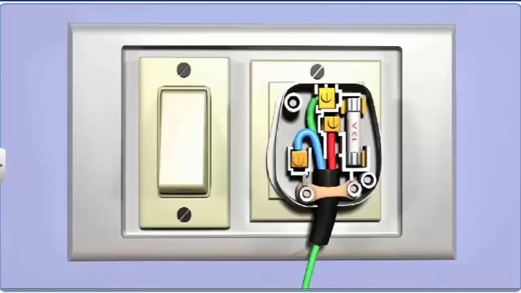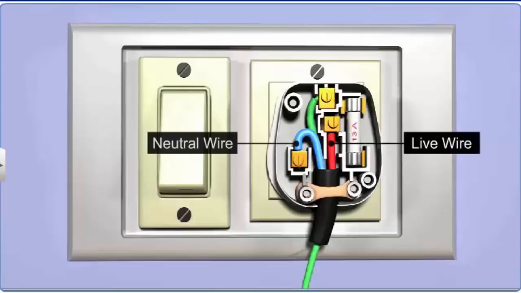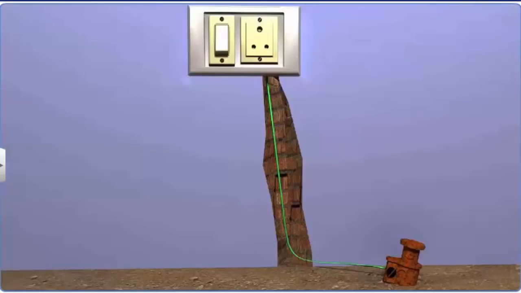In any household electric circuit, in the mains supply, we see 3 wires, namely live, neutral, and earth. Live and neutral wires carry the electric current, whereas the earth wire is used as a safety mechanism. All earth wires terminate in a thick metal plate buried deep in the earth.